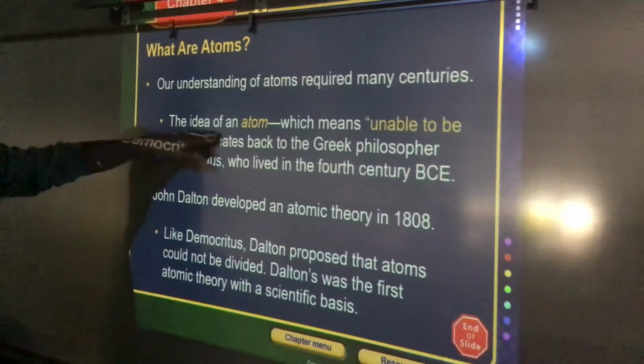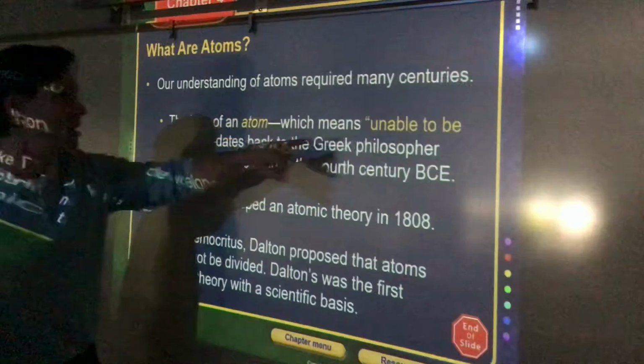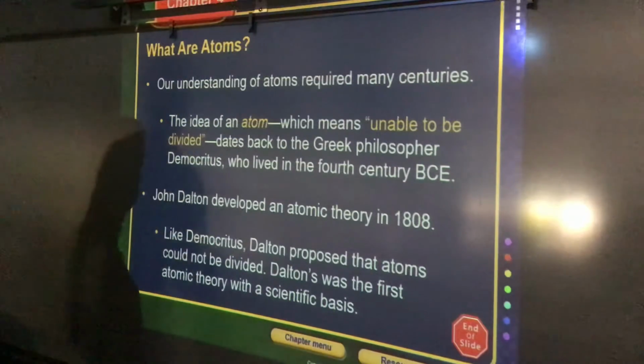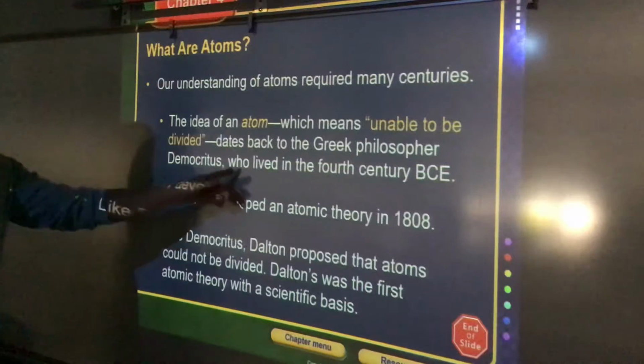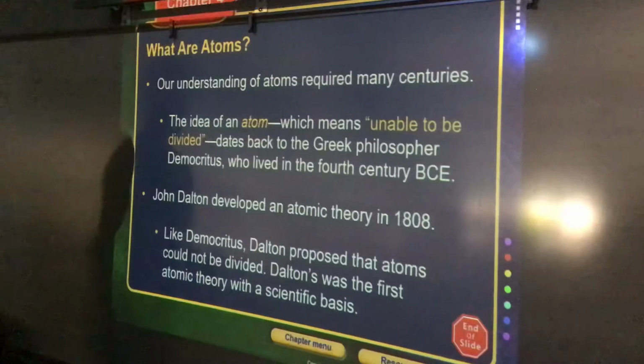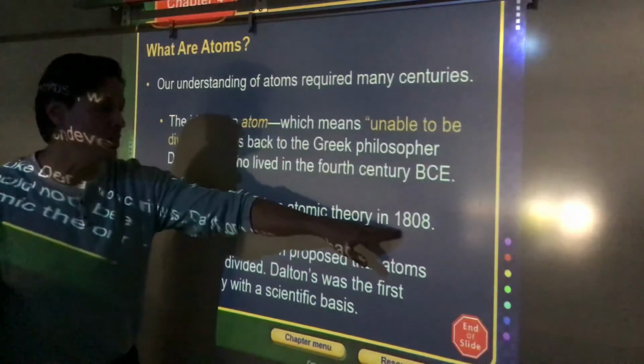So let's go all the way back to the idea of the term atom. Atom basically is the term that means unable to break or to be divided. It dates all the way back to the Greek philosopher Democritus, who lived in the 4th century BC, a long time ago, people. And then it wasn't until John Dalton, around the early 19th century, 1808,